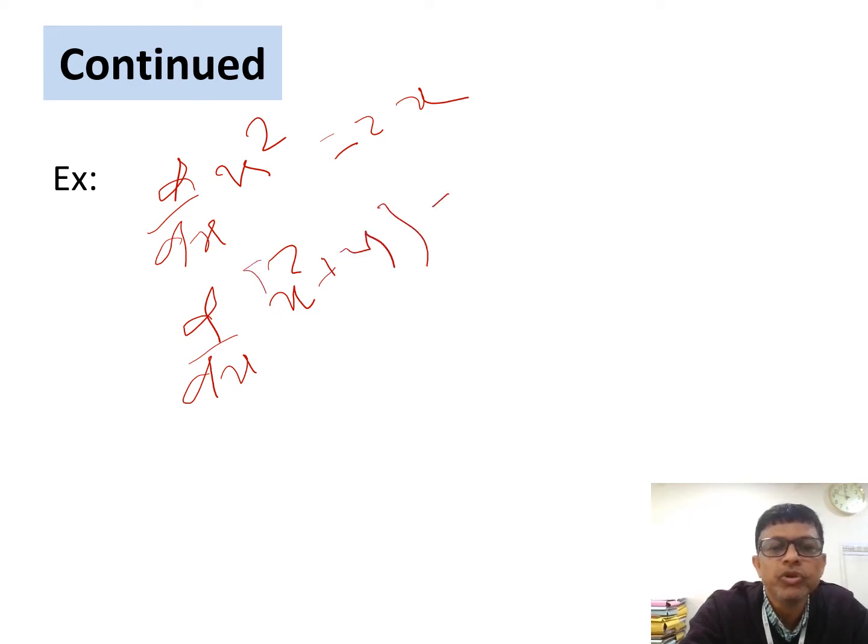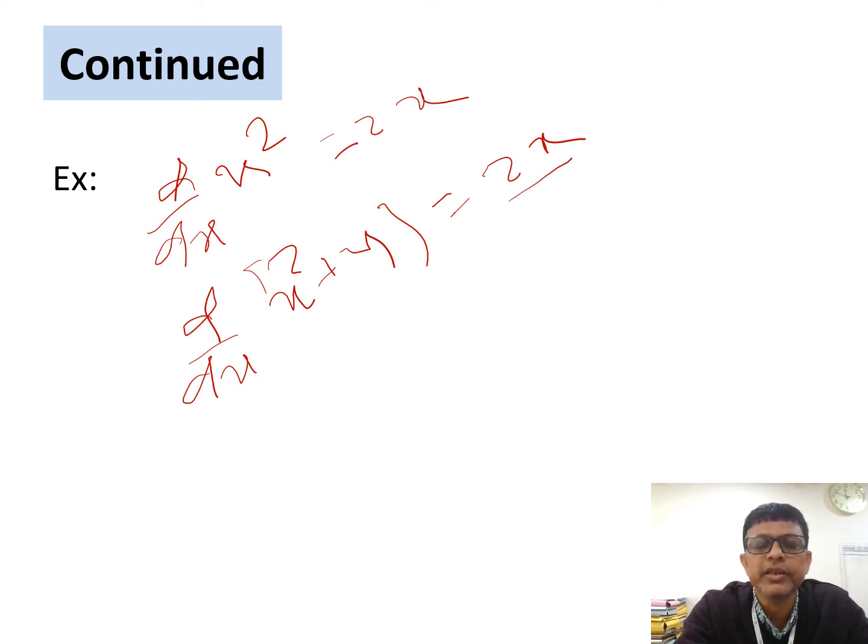then it is also 2x. That means the derivative of x square is 2x, and after adding one constant, 4, the derivative of 4 is 0. So we can say that the integration of 2x is equal to x square plus 4 here. But if you add 5 in place of 4, or if you add minus 1, a particular constant, then also we will get the same answer, 2x. So the integration of 2x gives different values like x square plus 4, x square plus 5, not a unique value.